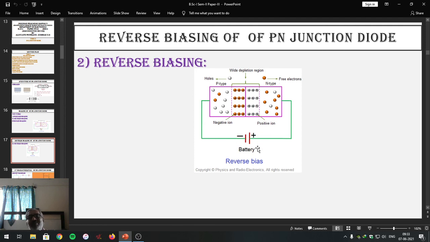In short, we can say, ideally in reverse bias condition, it doesn't conduct the current, but practically when voltage is increased to the breakdown voltage, the minority charge carriers will carry the current a little bit, that is in microampere range. This mechanism we can call the reverse biasing of p-n junction diode.